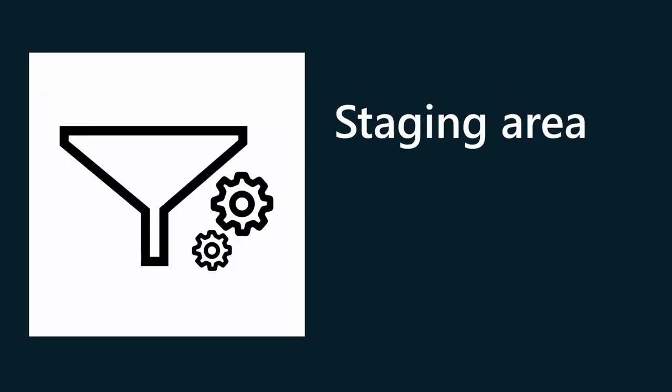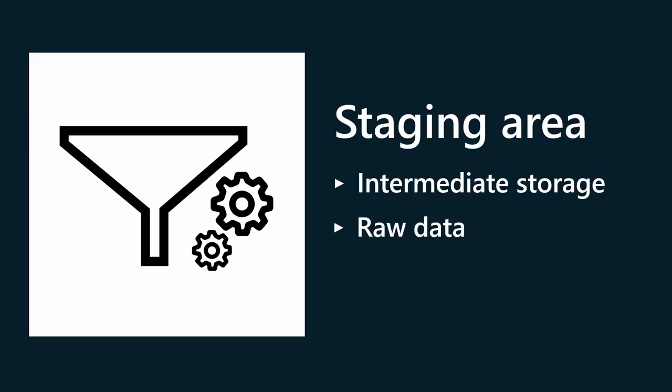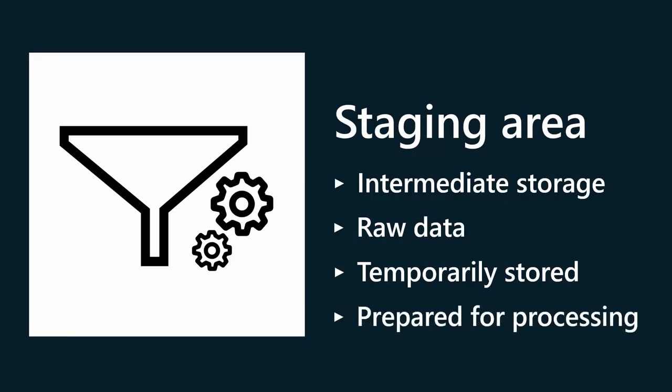A staging area serves as an intermediate storage location for raw or unprocessed data, allowing it to be temporarily stored and prepared for further processing in a data pipeline. The existence of a data staging area is not obligatory for your ETL jobs, so you can execute ETL jobs without creating staging areas. However, it is recommended to simplify the process of data cleansing and consolidating data coming from